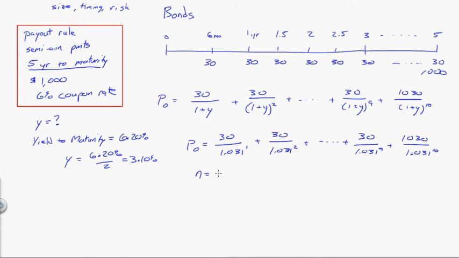On the financial calculator, you say how many payments are there? There are 10. What are those payments equal to? They're equal to $30. What's the future value? Future value is equal to 1,000. So that we have right here, that's the payout rule. And we get that payout rule from what the bond issuer says. They tell you that. So then I put in for my interest rate 3.1%,